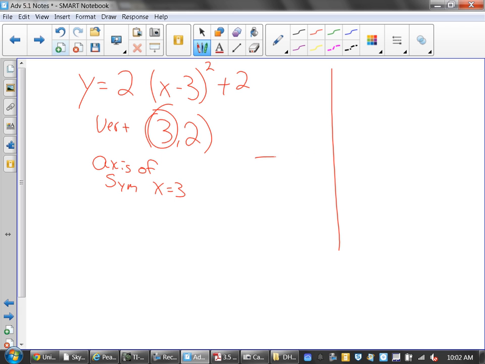Throw in a little grid. I know my vertex is at 3, 2. Let me ask you this. Is this one going to open up or down? What do you think? Up. Because A is positive. In this case here, again, you notice how the 2 value is positive? So this one's not going to have any zeros, or it might have imaginary zeros, which we're not really worried